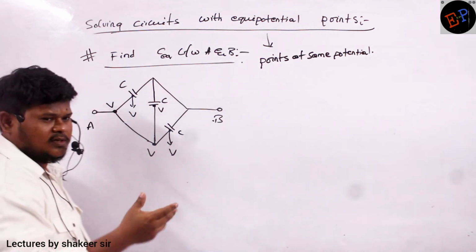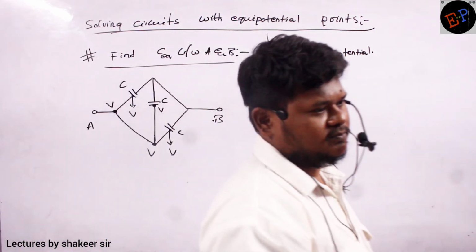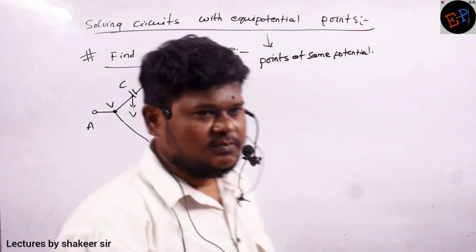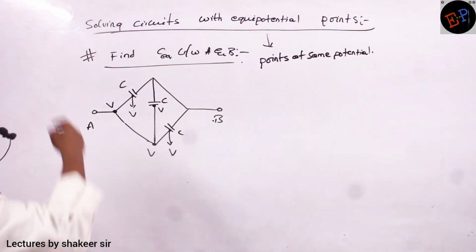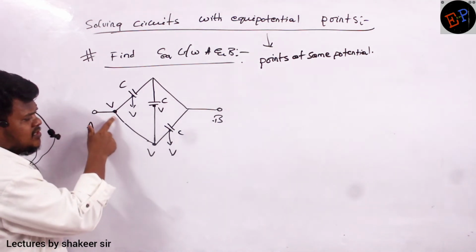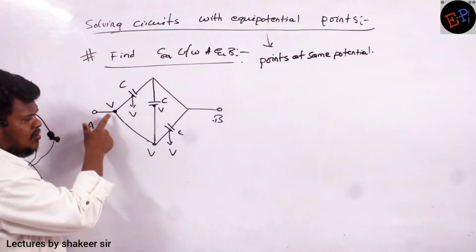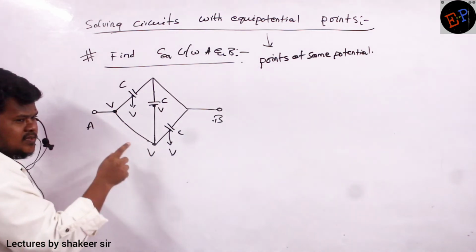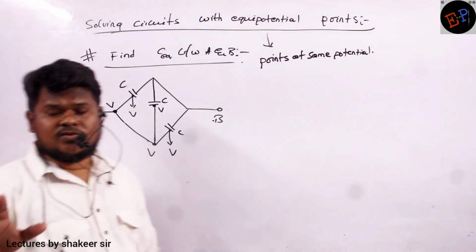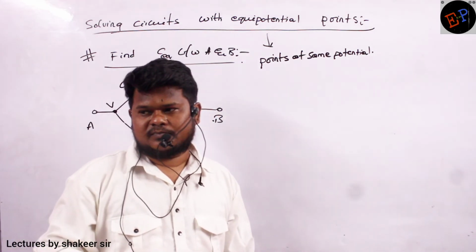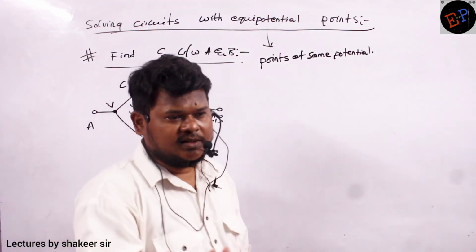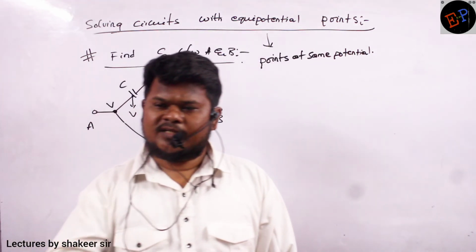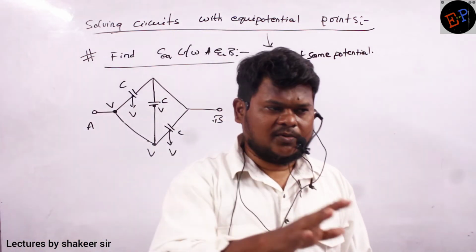How are you able to say that all of them are at the same potential? We are able to say they are at the same potential because between this point and this point there is no other component, no? There is no resistor, there is no inductor, there is no capacitor, nothing is there. It means there is no consumer of potential. If there is no consumer of potential, it remains the same. Are you able to understand, ma?